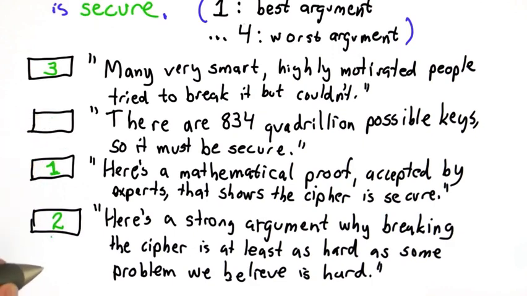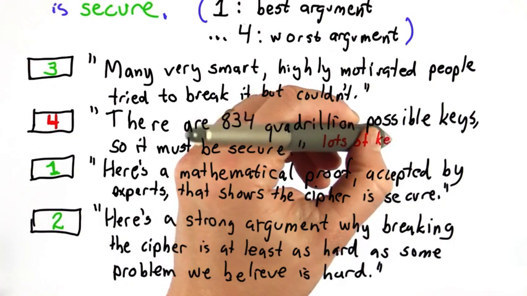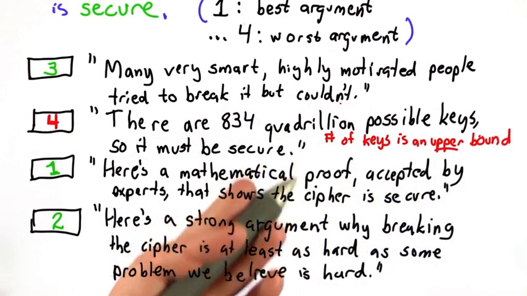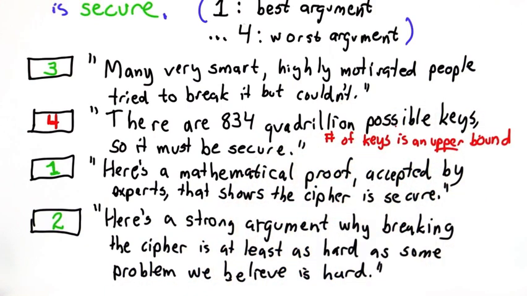The worst possible argument here is the key space argument. And this one is often made incorrectly. The number of keys gives you an upper bound on the difficulty to break the cipher, because at worst, the attacker could try all the keys. That's not true for the one-time pad, as we saw. Trying keys gives you perfectly sensible messages that you'll eventually see all possible messages, so you can't know which key